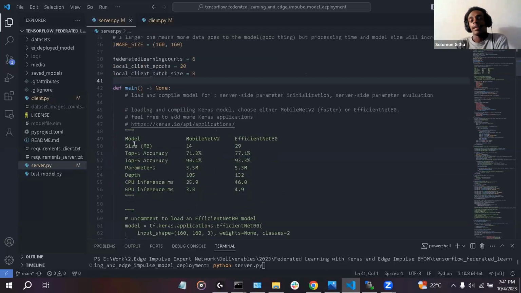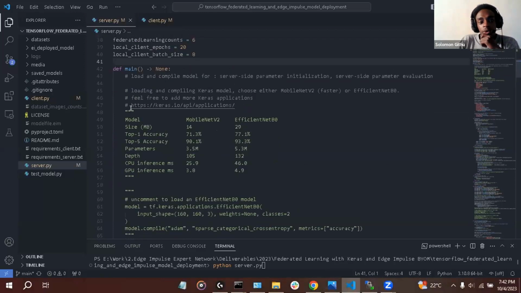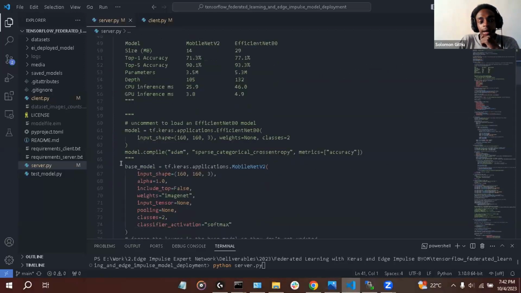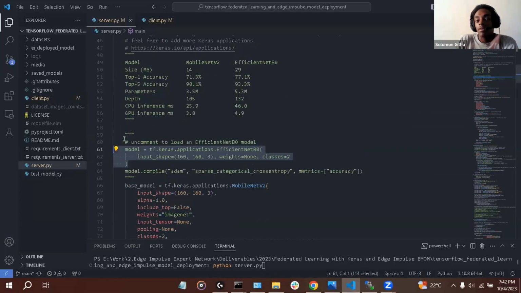One thing that I liked about Flower is that it enabled me to try out various models. Here I load a MobileNet V2 model, but previously I also used an EfficientNet B0 model. When it comes to machine learning, different models have different performance.